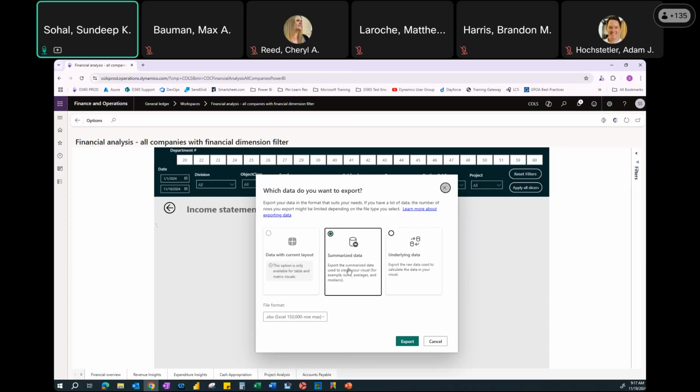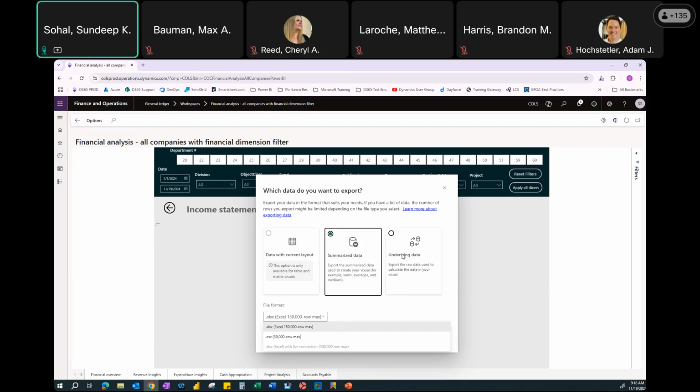And the summarized data, this is my favorite option, especially the Excel file format, because with the export, it will add another row with all the filters and slicers that have been enabled, whatever that data point was filtering for. So you don't have to try to remember or write it down. It will be right there for you. And then the underlying data set,